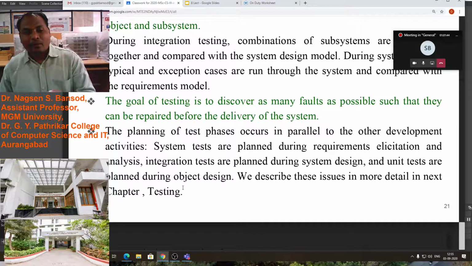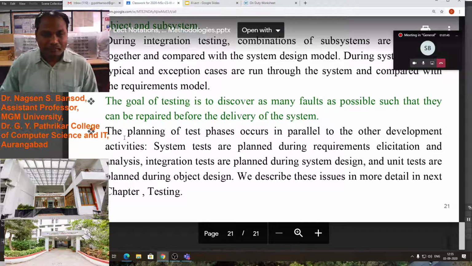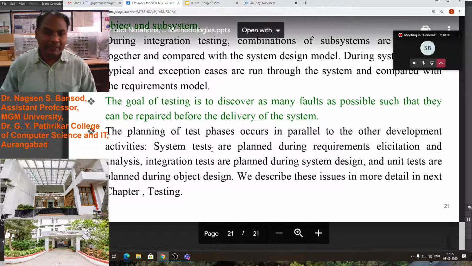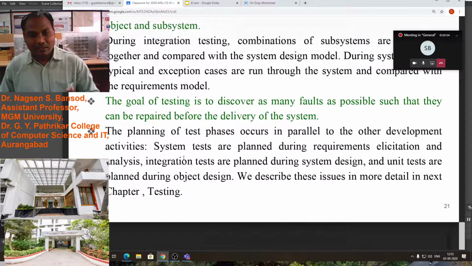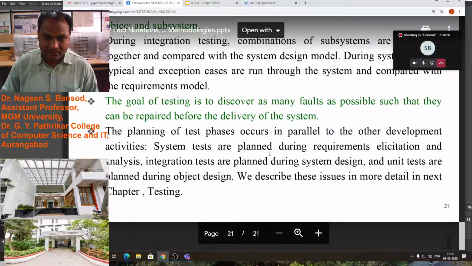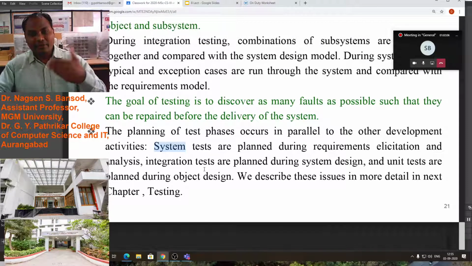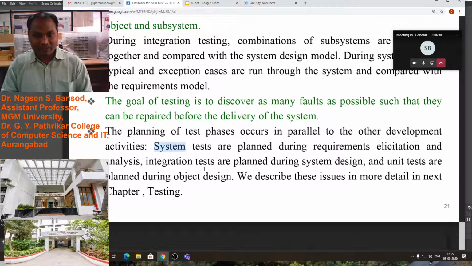But you think, the planning of the testing phase occurs in parallel to the other development activities. System tests are planned during the requirement elicitation and analysis. One activity depends upon the previous activities.